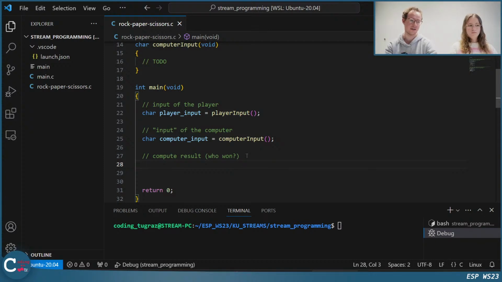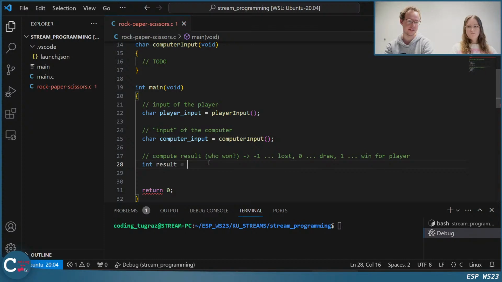represent the result. For example, we could say that -1 means lost, 0 means draw, and 1 means it's a win for the player. We can choose this representation, which would map to an integer. So we get another integer, which is the result.